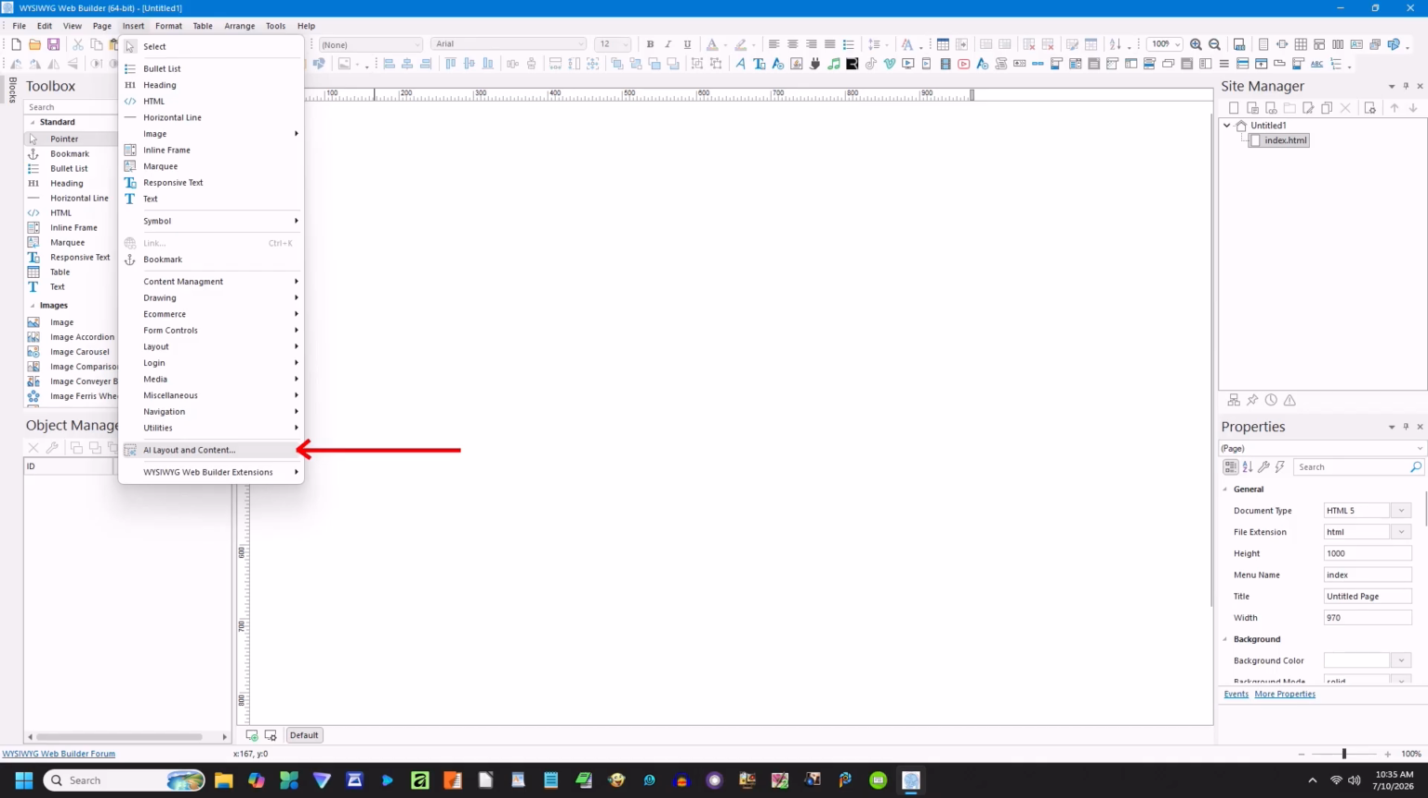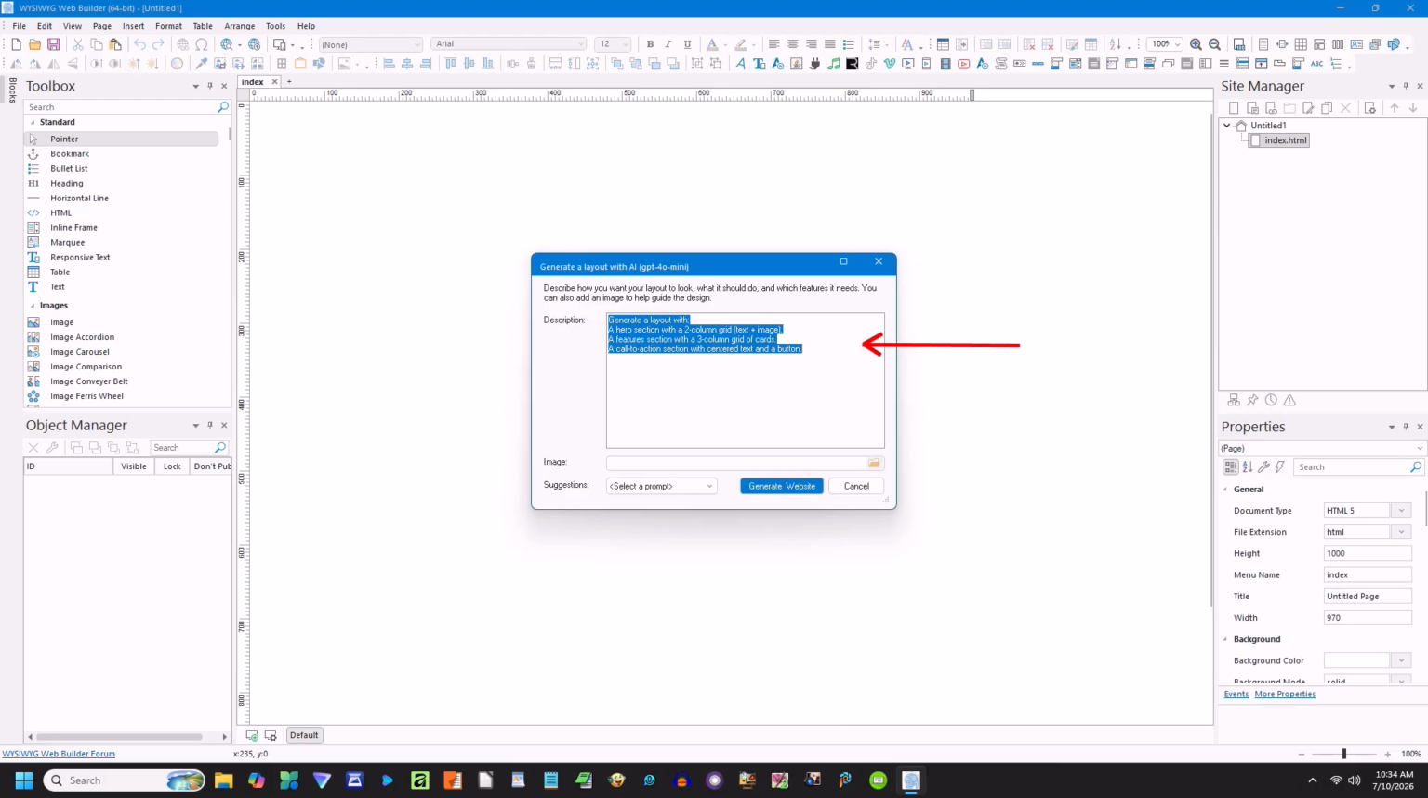I'll touch base with some of the API stuff. We'll go to Insert and then come down to AI Layout and Content. Click on that, and it'll say Generate a layout with AI. Describe how your web page is to look, and what it should do. And it'll tell you which features it'll need, and if you need an image, and they also have a help